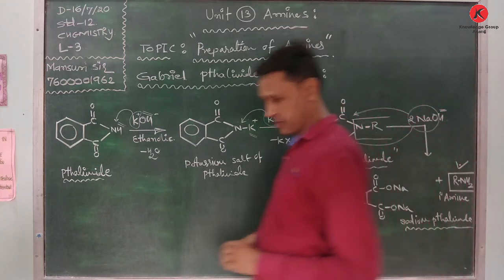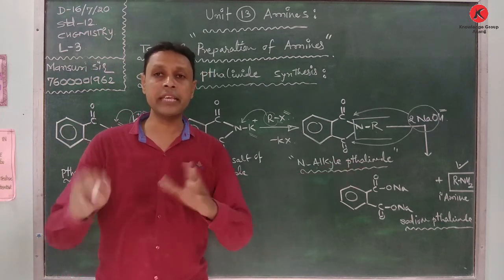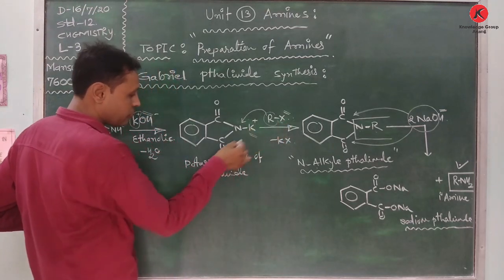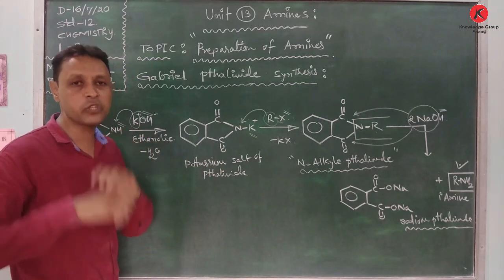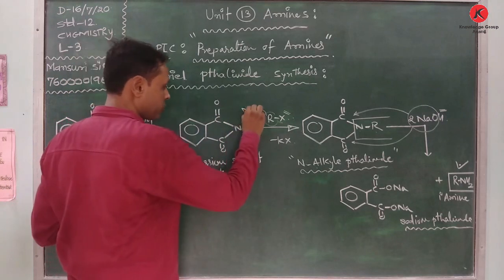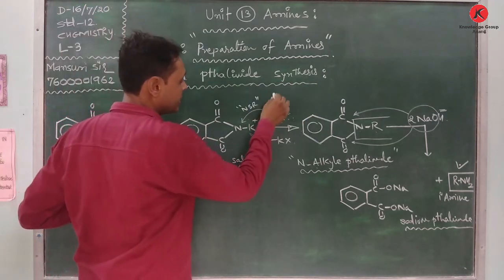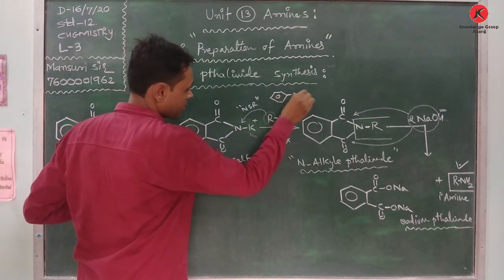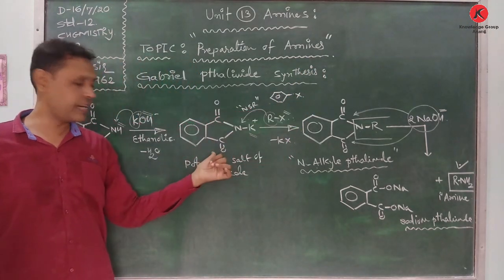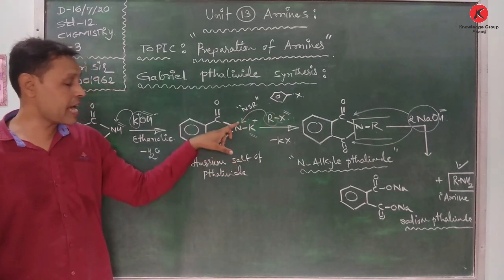So the question arises: why does aryl amine not form in this reaction? Let's discuss this. Here alkyl halide reacts with the potassium salt of phthalimide. This is a nucleophilic substitution reaction. But when aryl halide is given, if we are taking aryl halide over here, then the reaction is not carried out with the anion of